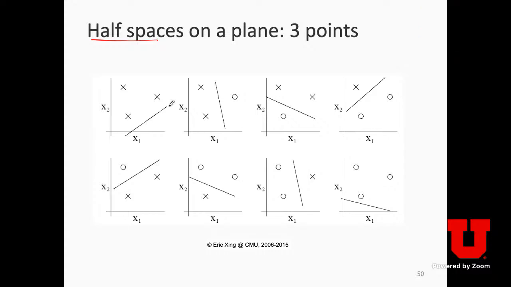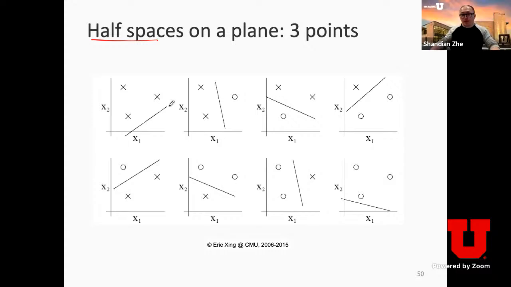Kind of. So you're saying for these particular 3 points, yes. I can think of an example: if all 3 of the points lie in a single line and the middle one is negative and the 2 outer ones are positive, you can't classify that. So I guess you can talk about shattering a specific set of points, but also shattering 3 points in general. Yeah, I'm extremely happy you raised this question.